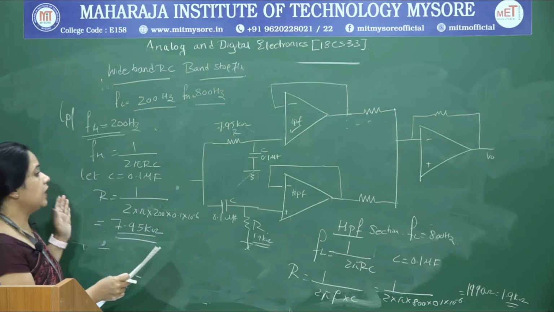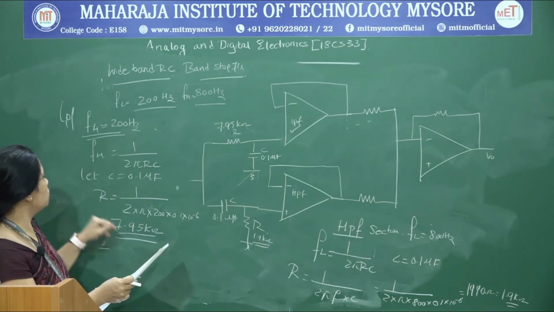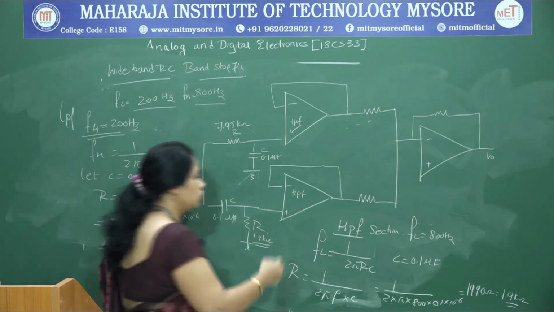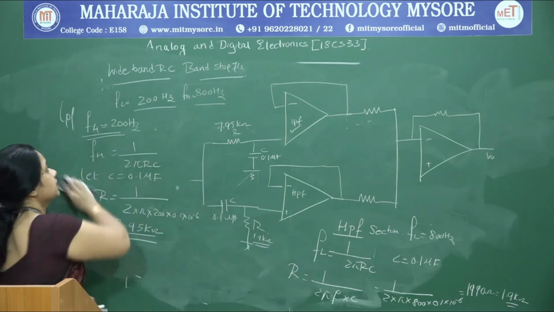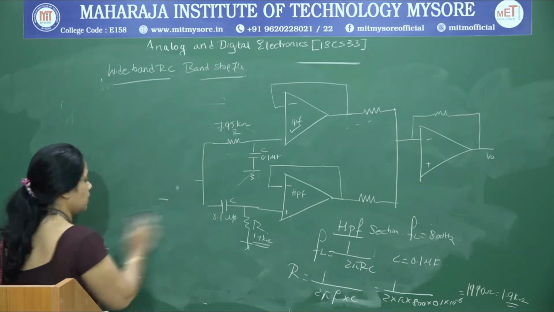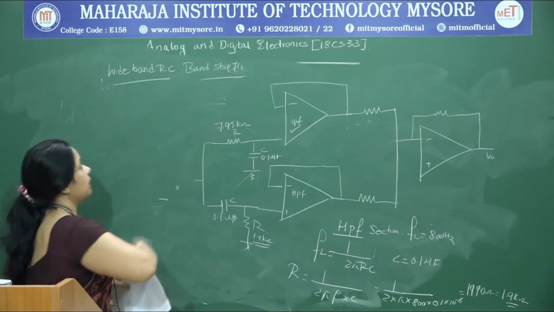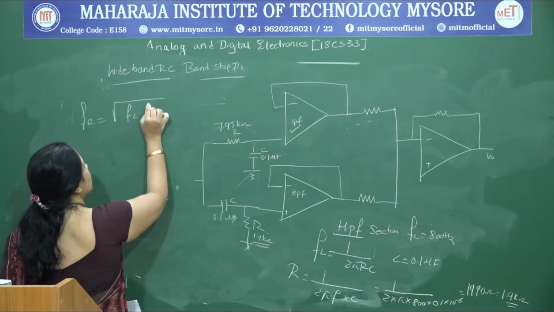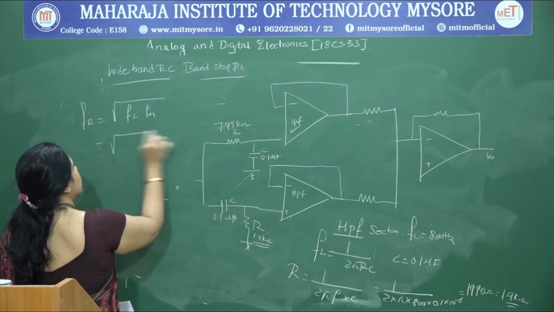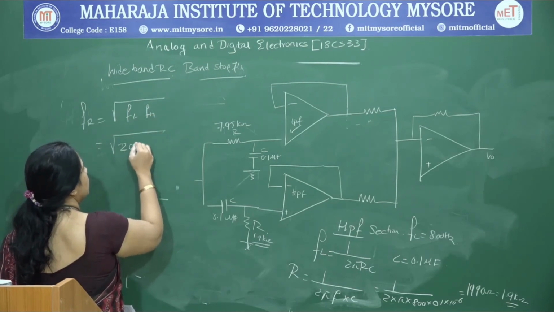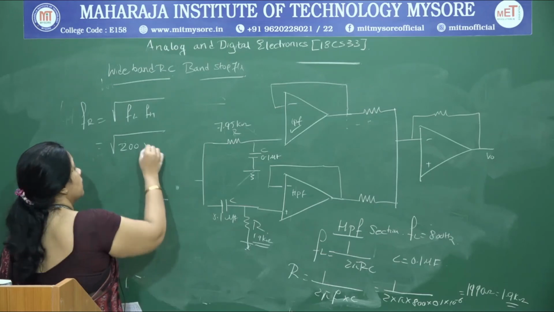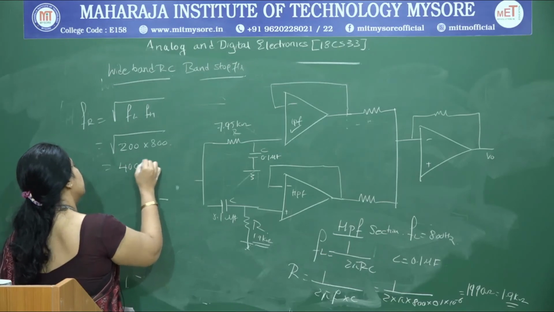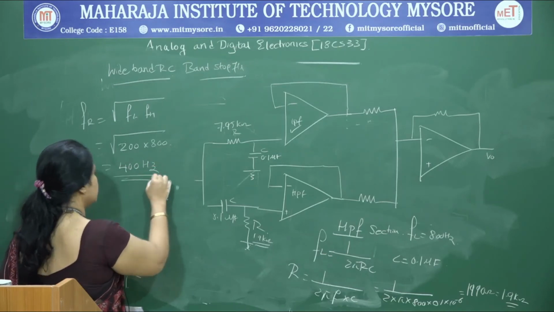Next, you are also asked to determine the notch frequency, and you know the notch frequency is the frequency at which the attenuation is maximum, and the notch frequency is given by square root of the lower and upper cutoff frequencies. So you take this, it is designed for a lower cutoff frequency of 200 and upper cutoff frequency of 800. So it is square root of 200 into 800, which is 160000, the notch frequency happens to be 400 Hz.